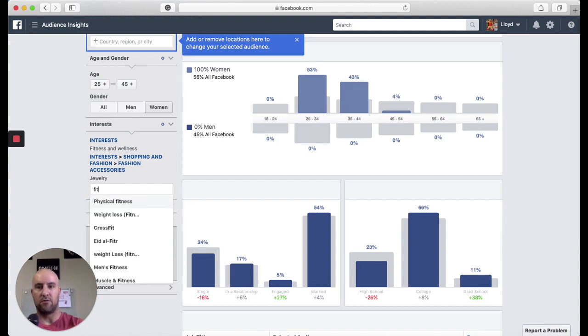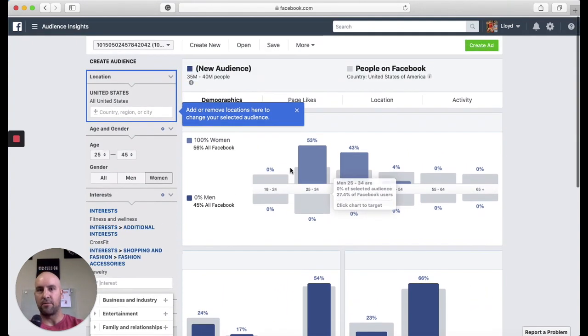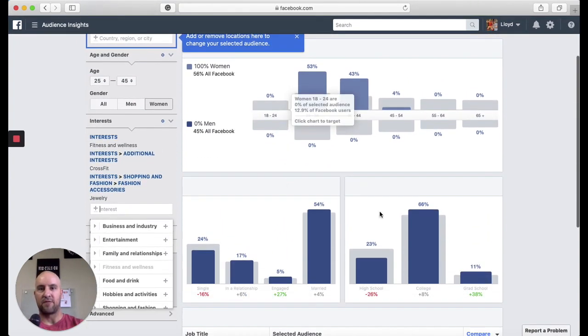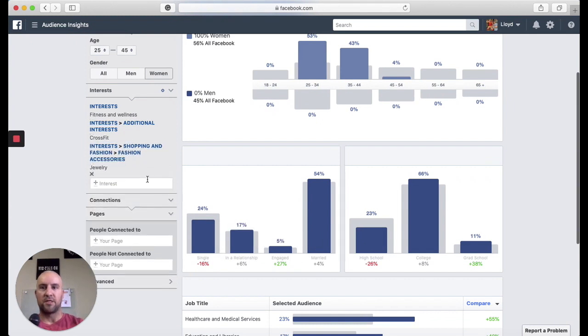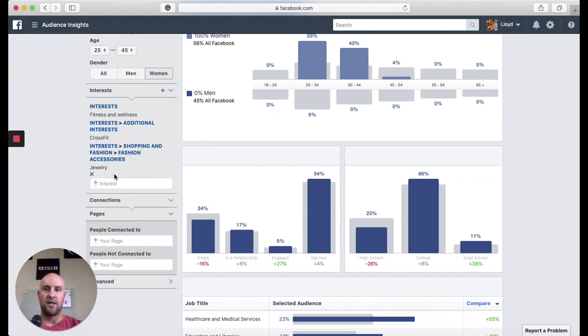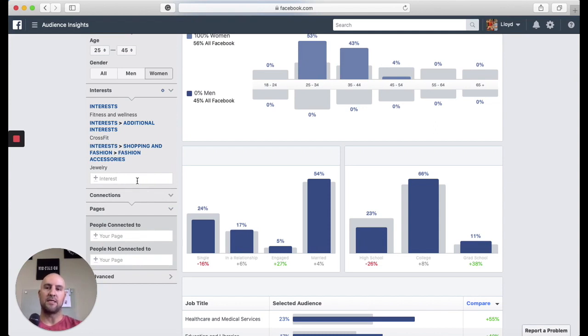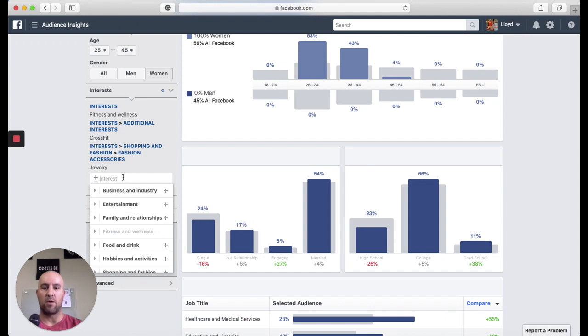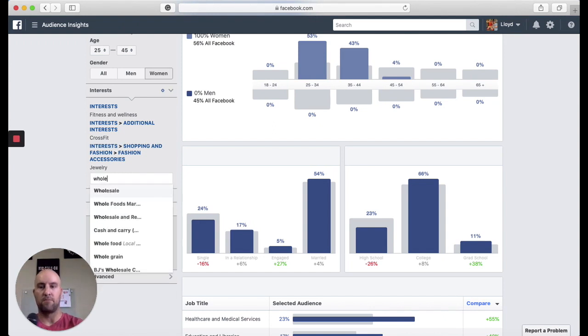Let's do CrossFit. That'll probably get us down a little bit. Oh, it's still up there. That's fine. All right, so those are our interests. And like I said, I could keep going depending on my target audience and what they're interested in. Another example is, this is just kind of what they're interested in, but another good example is, what do they eat? So if I do Whole Foods,